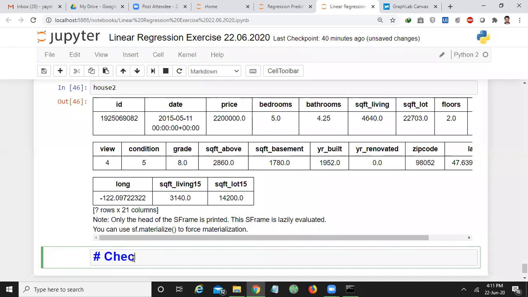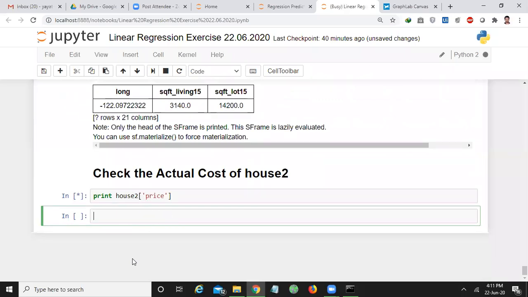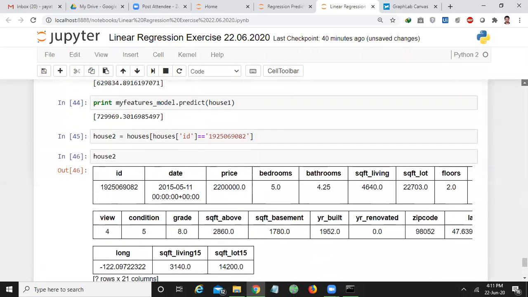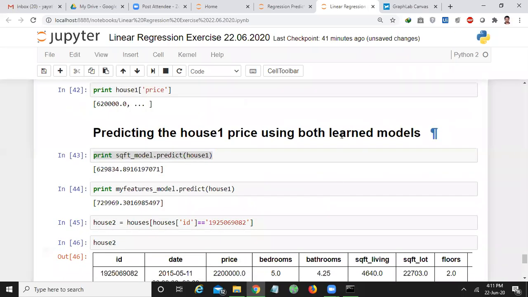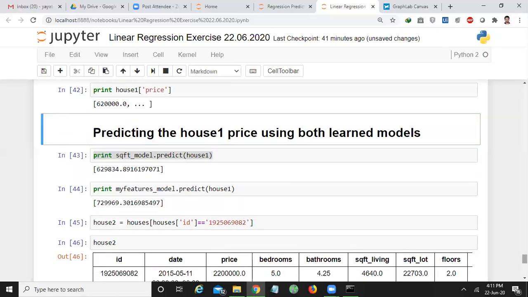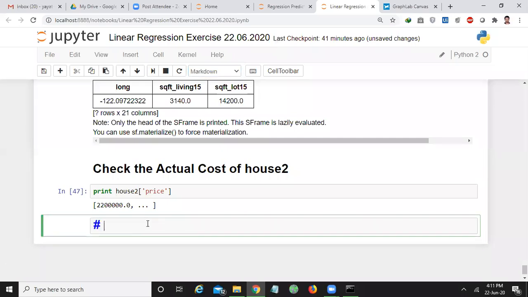So check the actual cost of house 2. That is print house 2 price. How much is it? 22 lakhs. That is what we have observed here. Now let us predict the house 2 cost using the models we have learned.